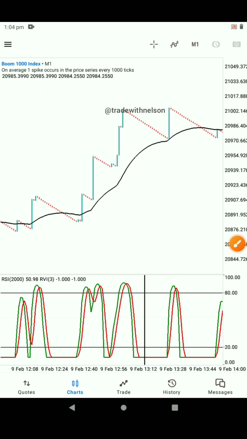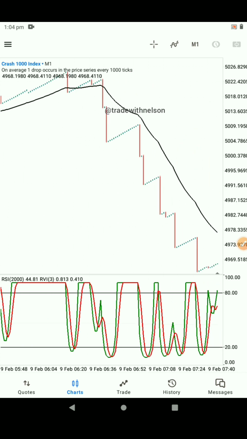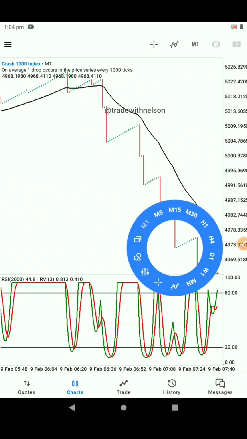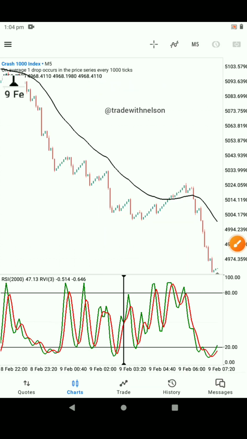So let's go to our Crash 1000 market and look for one or two examples over there. Like I said, in the crash market, if you go to our 5 minutes time frame, our attention should be focused on the 20 to 0 level. So we see over here there is no visible cross at this point, but this is the first cross that we see. So if we take our line tool and put it at this point,